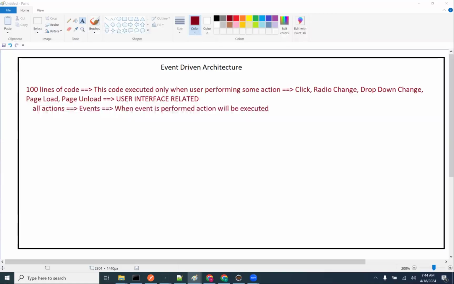The REST call is this: whatever information I used to get in my HTML, instead of that, I'm getting it from JSON. What is the event here? REST call itself is an event. For me, REST call itself is an event. When will the REST call happen? When a customer places an order in Swiggy or Zomato, at that time they will make a REST call. That REST call is an event. So when SOA architecture came,